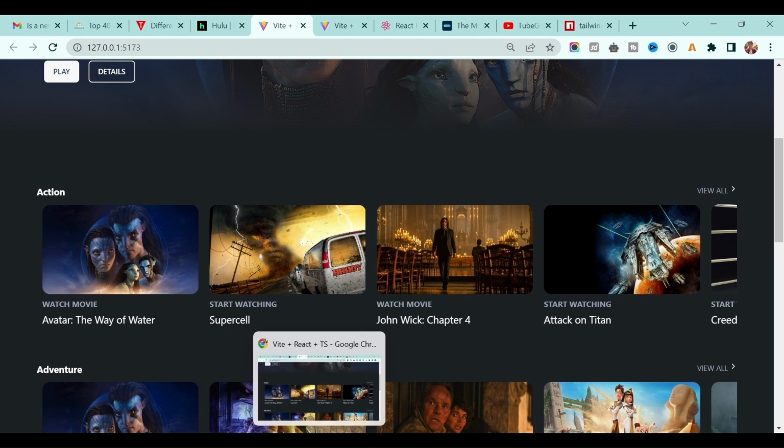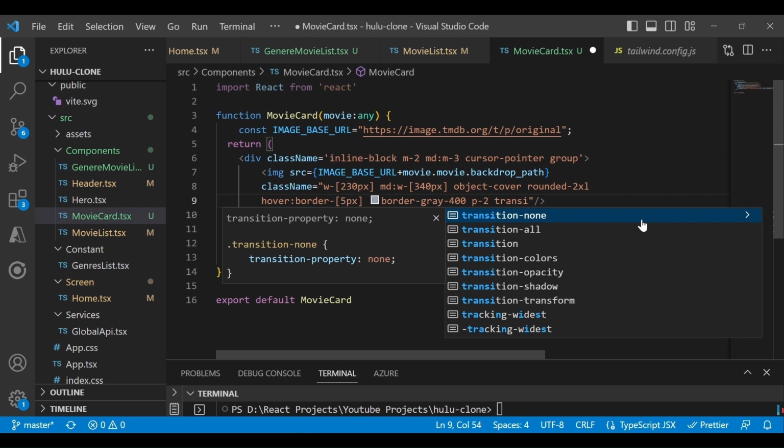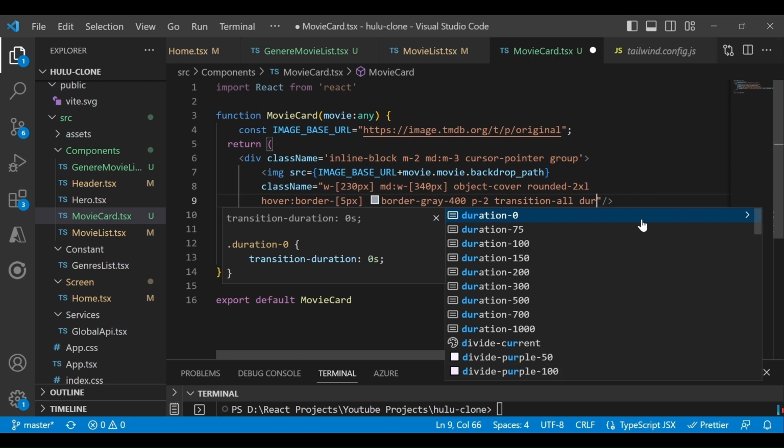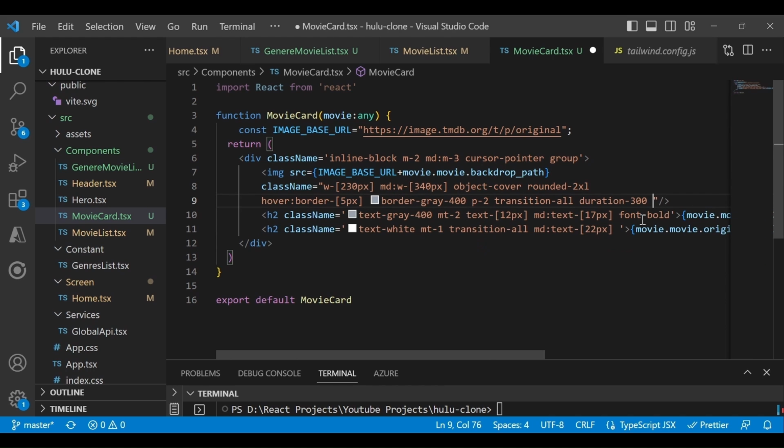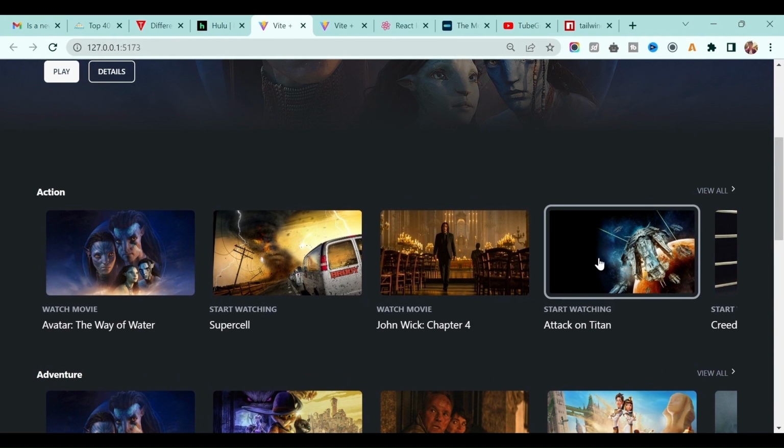Okay, so I will add some padding too, and then I will add some animation to do the smooth animation, right? So transition, then I will add the duration, and animation is ease in out. You can add animation how you want it, it's up to you. And now if I hover on it, I am getting it, right?